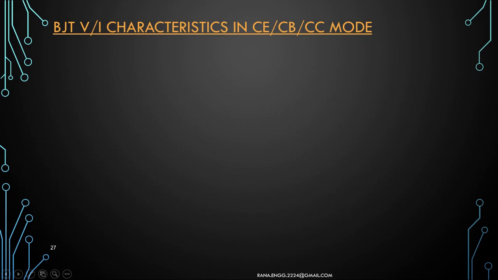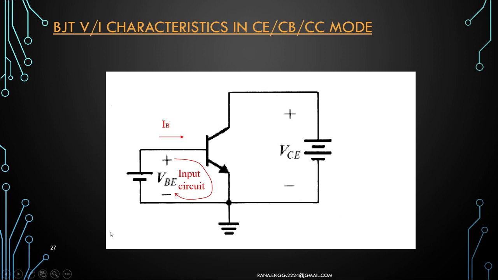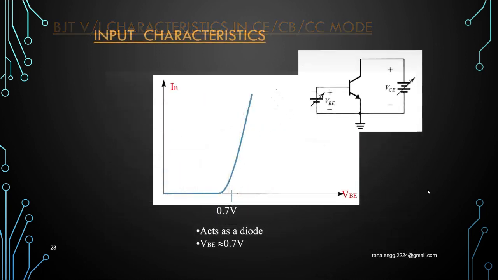Now let us see the characteristics, the input and output characteristic. As we have seen, we have discussed the input also. Input is only connected with P type and N type. Base is P, emitter is N. So this PN input side is working like a diode only. So the characteristic, what is characteristic? It is a graph between the voltage and current. So it will also be the same as a diode. For output we will see after a while.